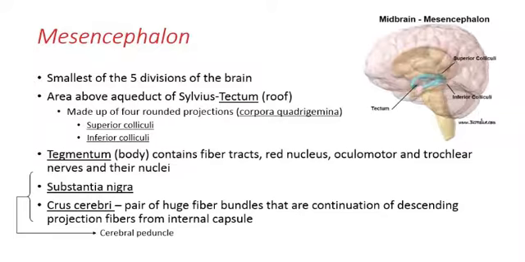And then the crus cerebri is a pair of huge fiber bundles that continue the descending projection fibers from the internal capsule that I mentioned earlier. Collectively, the substantia nigra and crus cerebri constitute what are known as the cerebral peduncles. So there's a lot of stuff going on in the midbrain, a lot of different portions for a very small